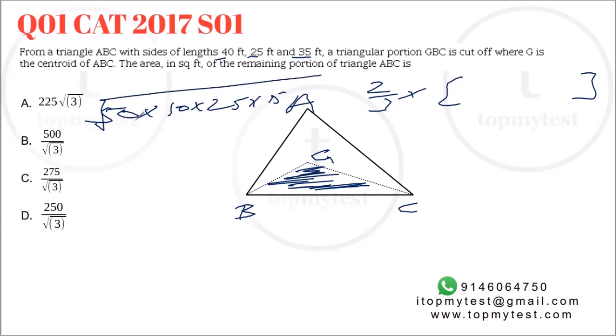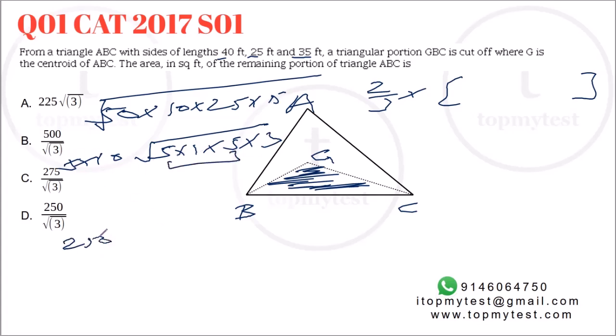Square root. Now, from 50 and 10, I can take 10 and 10 out. So that will be 10 times the square root, right? So this will be 5 into 1. From 25 and 15, I can take a 5 and 5 out. So that will be 5, so 5 into 3. I can take another 5 out, these two. So it will be 25 into 10. 250 into root 3 will be the full triangle area.